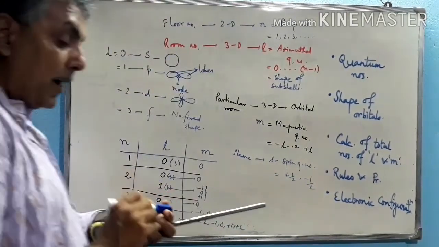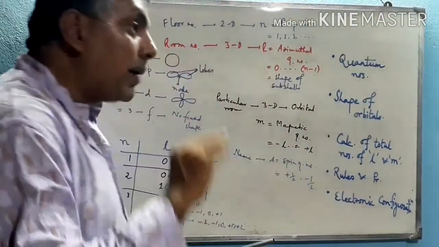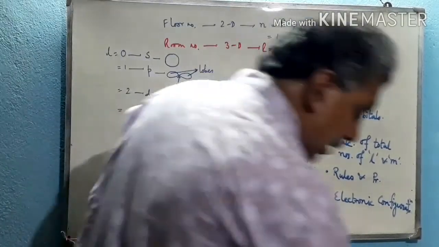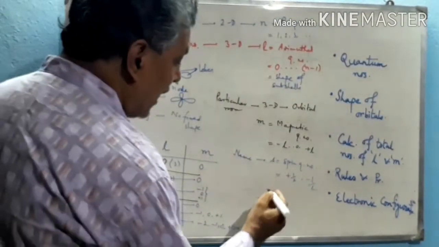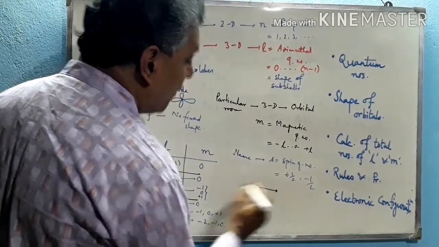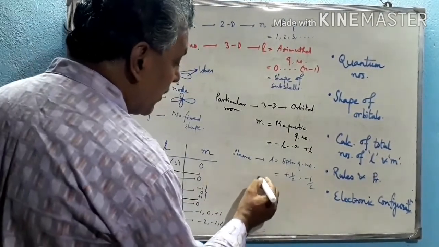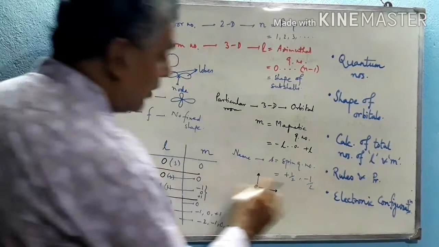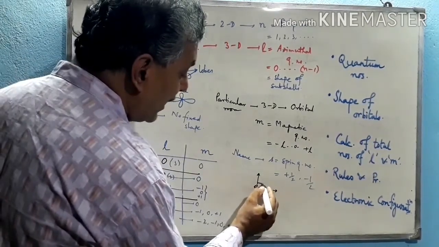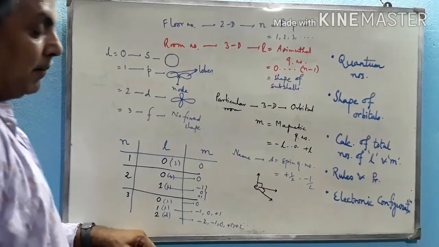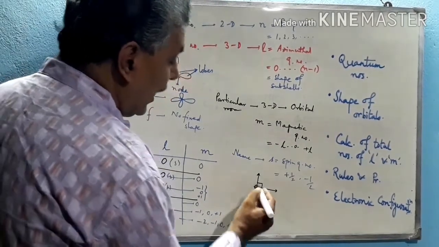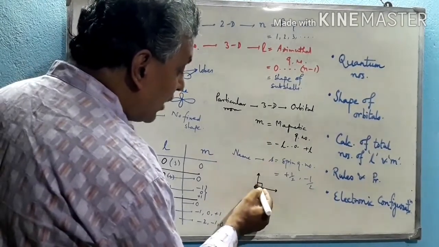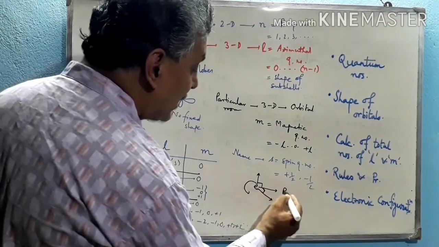But plus half and minus half has no particular significance. Actually it is a quantum mechanical concept. We know that when an electron moves in a particular pathway, it generates two fields perpendicular to this pathway, the magnetic field and the electrical field. If the field is towards the viewer, then the movement of the electron is anti-clockwise according to the right thumb rule.